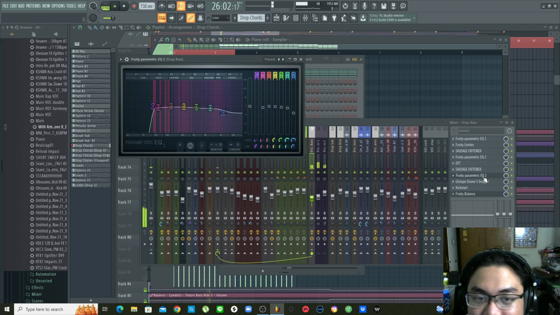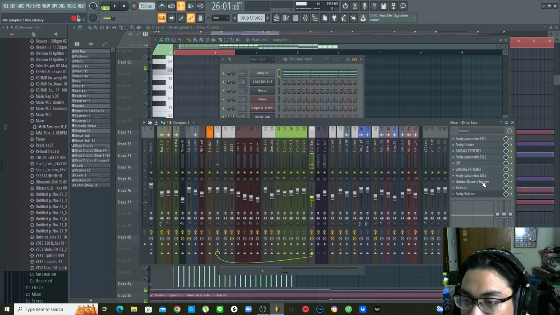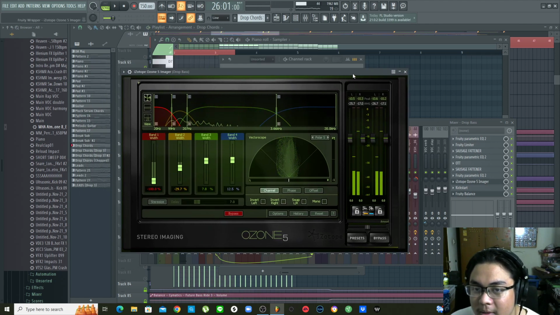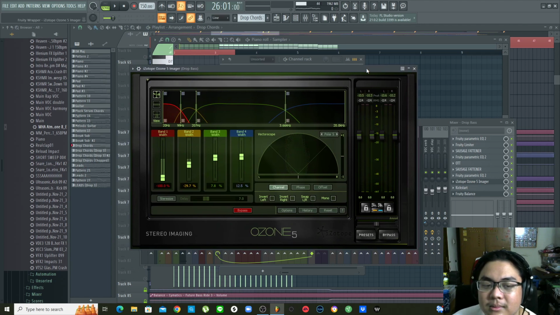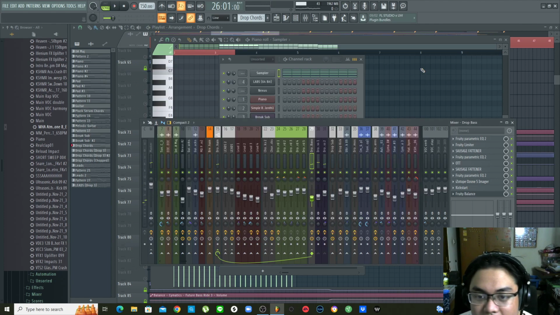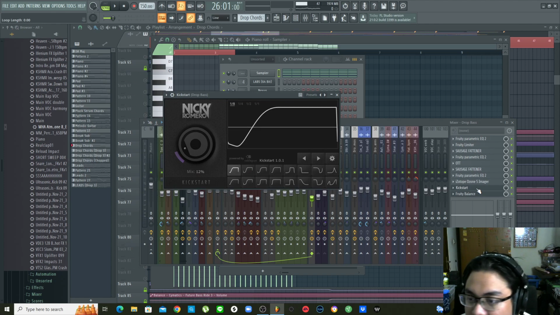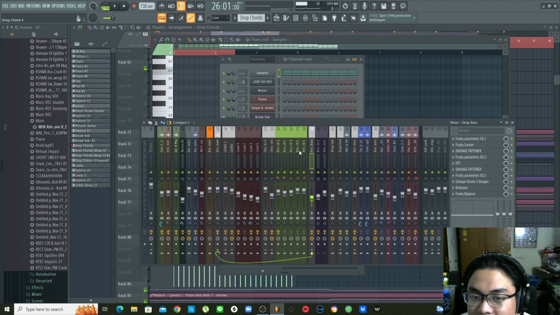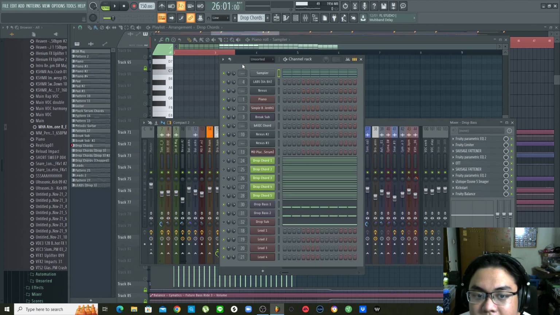Anyway, again, more EQ, an imager, which I don't really know why I added. Normally you don't want a wide bass, as you can see here. At least I didn't widen it too much. Instead I'm just making the very low end mono. So there's that. Kickstart again for the pumping effect, and Fruity Balance for automation purposes. Then we finally